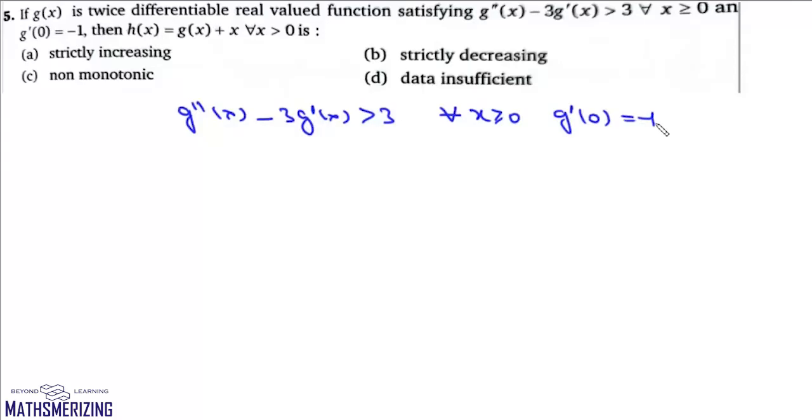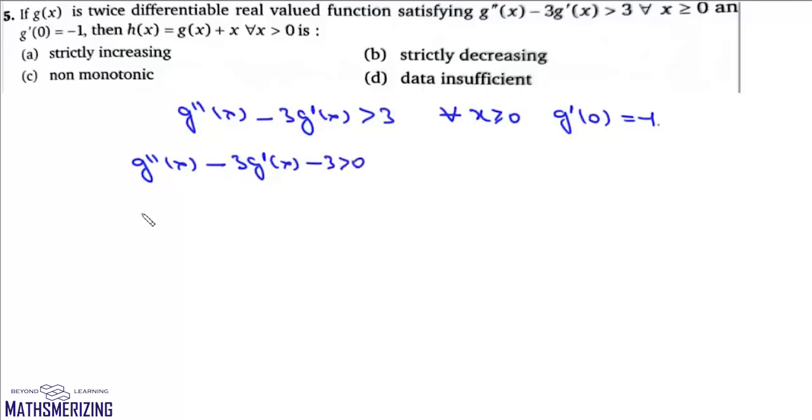Now here the question is, if g(x) is a twice differentiable real valued function satisfying g''(x) - 3g'(x) > 3 for all x greater than or equal to 0 and g'(0) is -1, and if h(x) is g(x) + x for all x greater than 0, then h(x) is which of the following? Now we can write this as g''(x) - 3g'(x) - 3